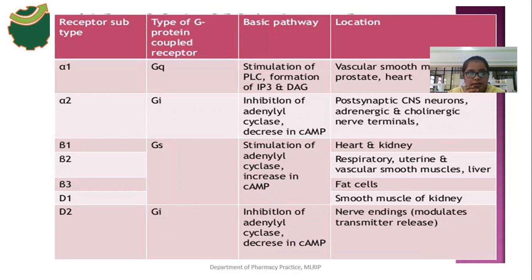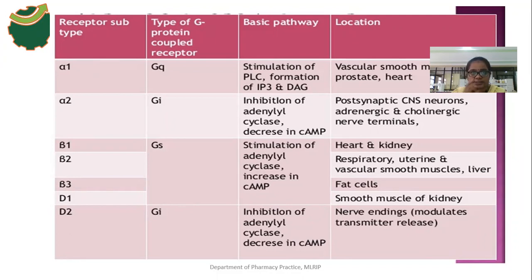Dopamine binds with the dopamine receptors, that is D1 and D2. Adrenaline and noradrenaline bind with alpha 1, alpha 2, beta 1, beta 2 and beta 3 receptors. Here the alpha receptors, beta receptors and dopamine receptors,